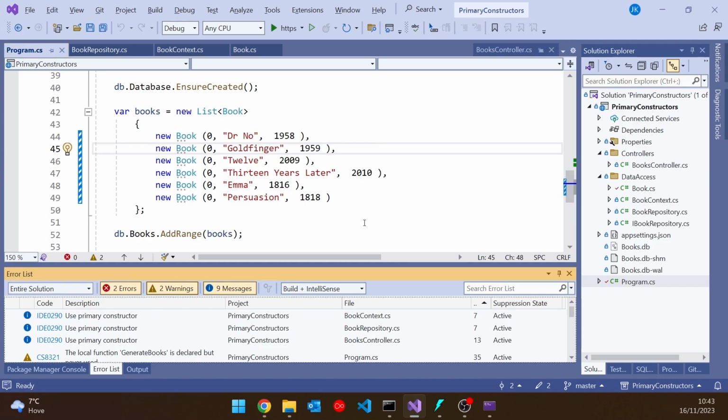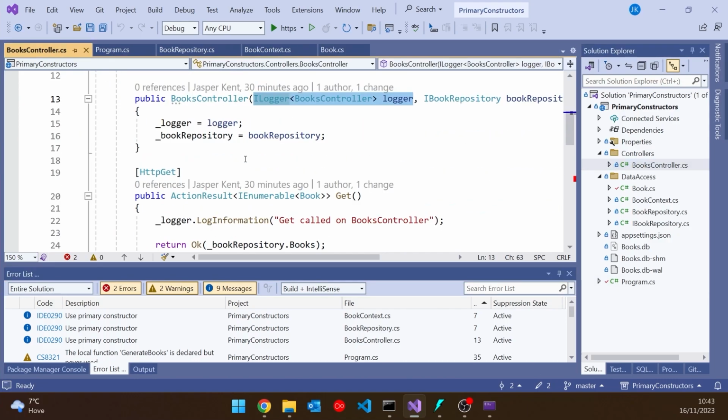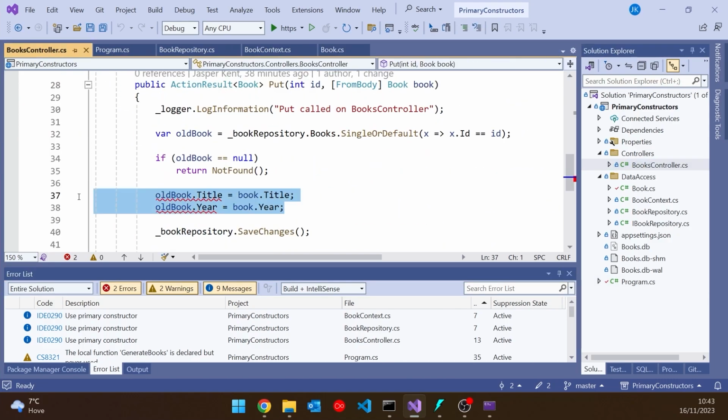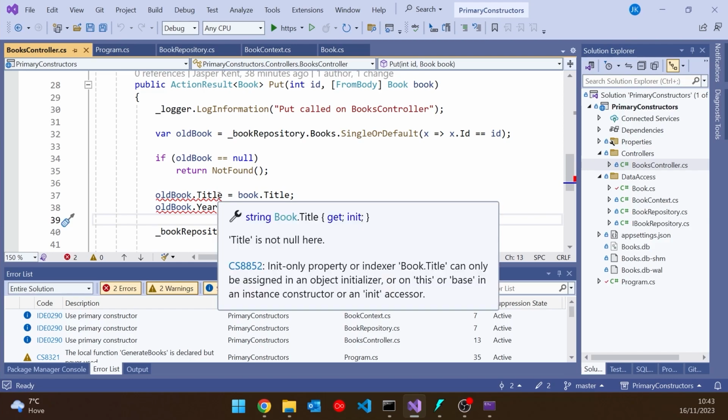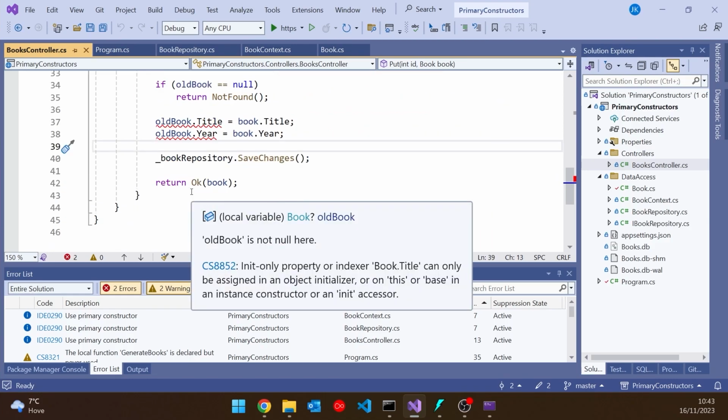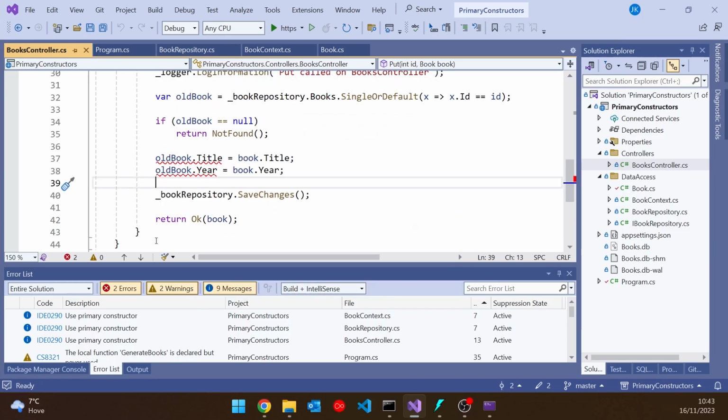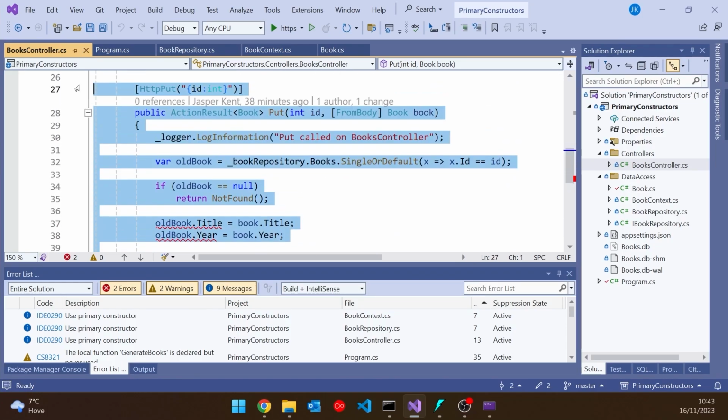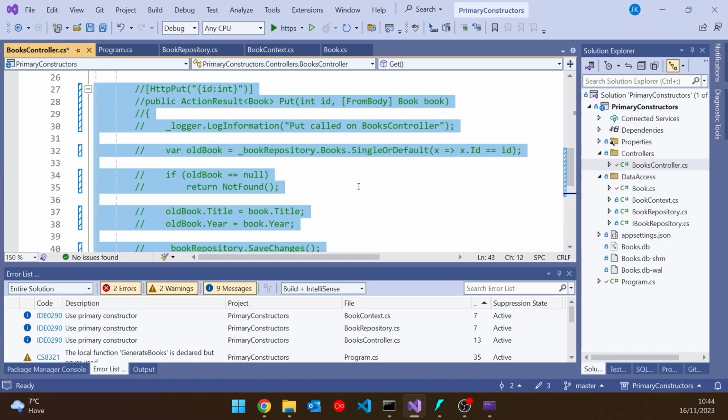We still have one other error, and this is really why a record isn't appropriate there, because if we go to the controller, we can see here on the put, the thing about a record is it is immutable. So although we can read this data, we can create this data, we can't actually change it, which is what you want to do in a put. So we're getting an error at that point. Let's just comment that out for the moment so that we can see some other things about this. That should now finally build okay.